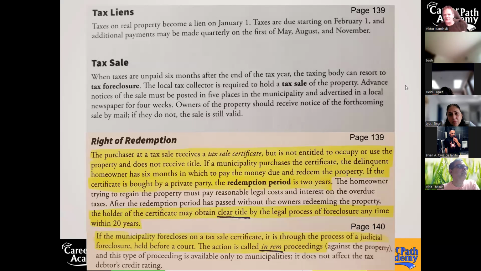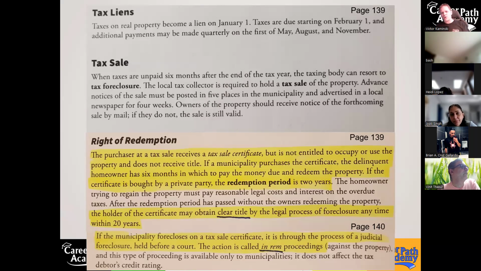You just got to be prepared to have it tied up for up to 2 years. Right. So even if they pay you back, that's the worst case scenario. They pay you back your money plus the interest, which is higher than your banks are paying you. That's the worst case scenario. I mean, that's a great deal, right? What you're hoping for is that they don't pay you back.